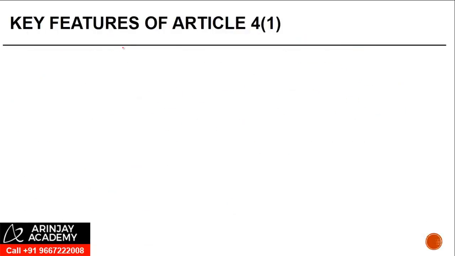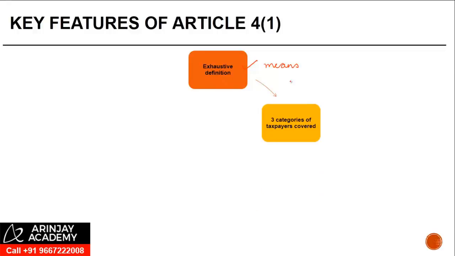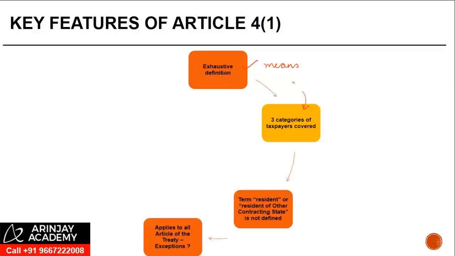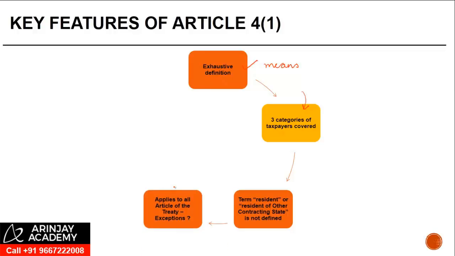So what are some of the key features of Article 4.1? It's an exhaustive definition. The use of the word "means" indicates that. There are three categories of taxpayer who are covered. People who are liable to tax only on specific sourced income, people who are liable to tax generally, right? And not only on the basis of residential status, but sometimes on the basis of citizenship as well. The term resident or resident of other contracting state, which we discussed earlier, is not defined in the treaty. It applies to all articles of the treaty,